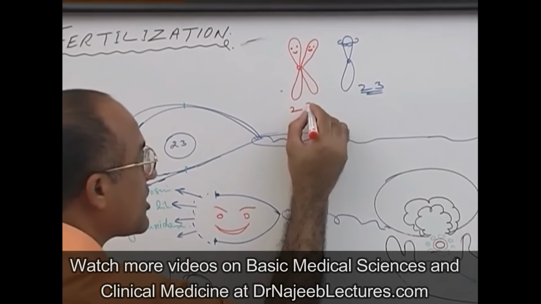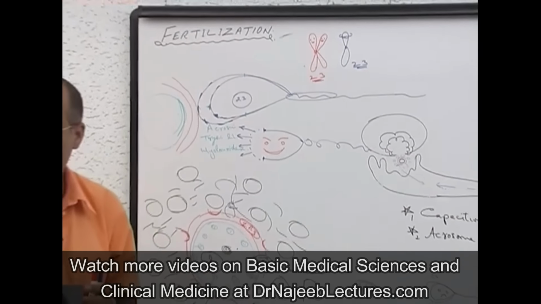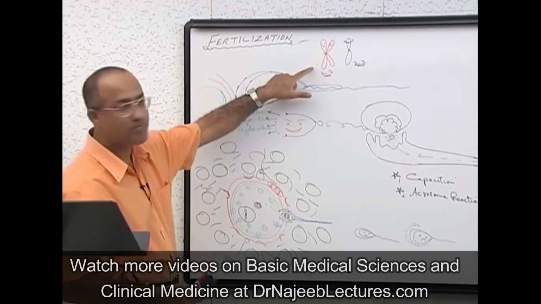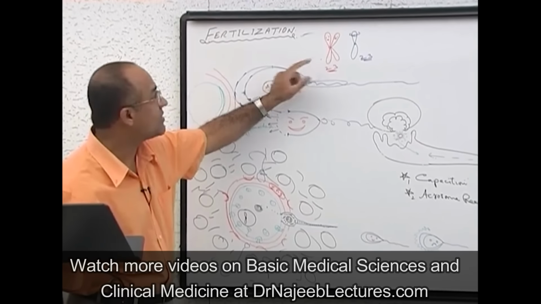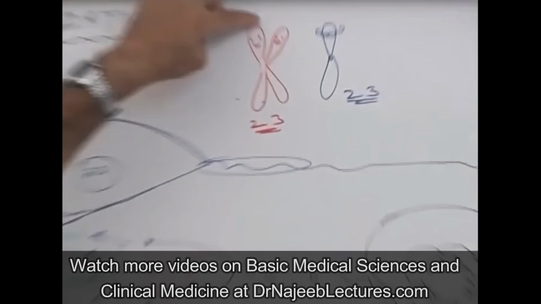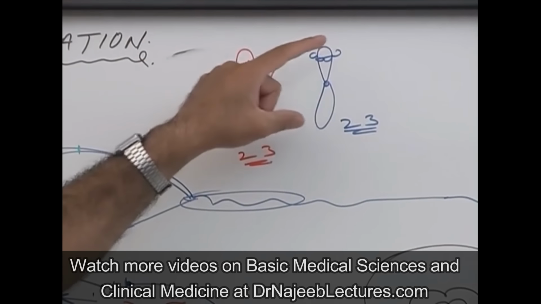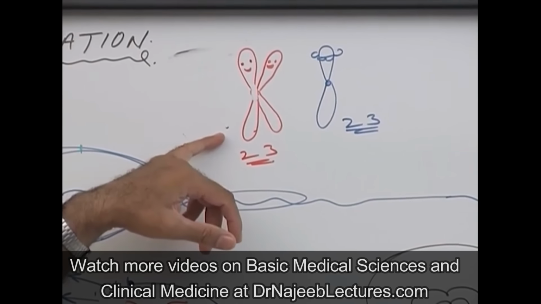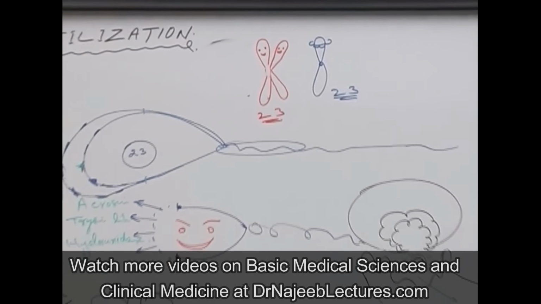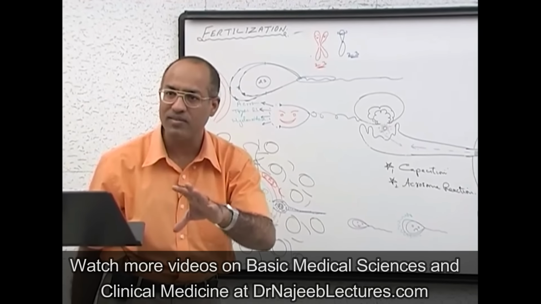Secondary ovum has also 23 chromosomes but double copies. So what does the ovum have to do? Immediately it will complete its second meiotic division. How? Half of this chromosome will split in the center, and if this was chromosome number 1, one copy will go to one side, the other copy will go to the other side. From every chromosome, one copy will be kept with all the cytoplasm, and the other copies will be thrown out as a small cell which is called polar body. So polar body is just a means to waste the unwanted genetic material.